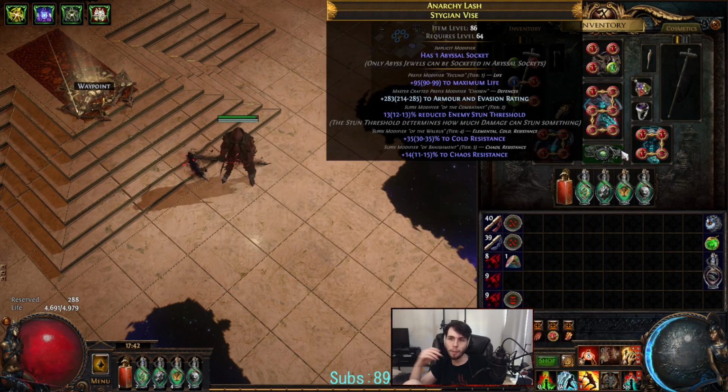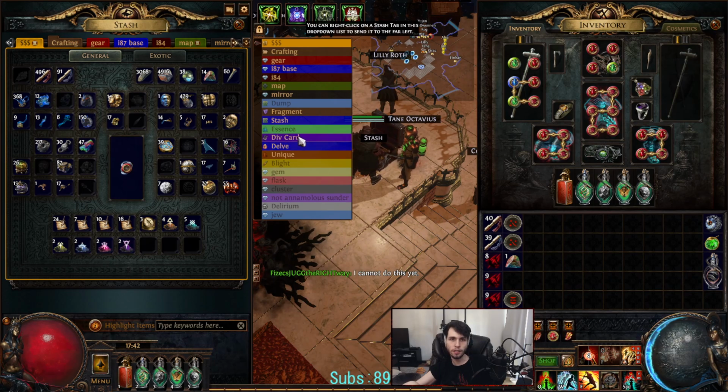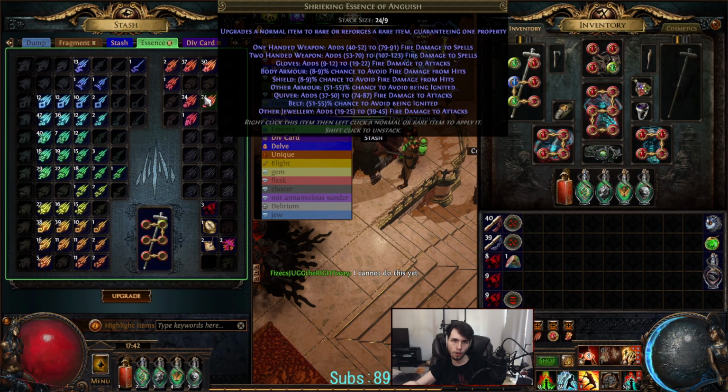On the belt, I've got T1 life and an open prefix for a max roll armor and evasion rating flat craft. Reduce enemy stun threshold with 2 resistances. I wish the chaos was a little bit higher, but it is what it is for now. You can get this by using...